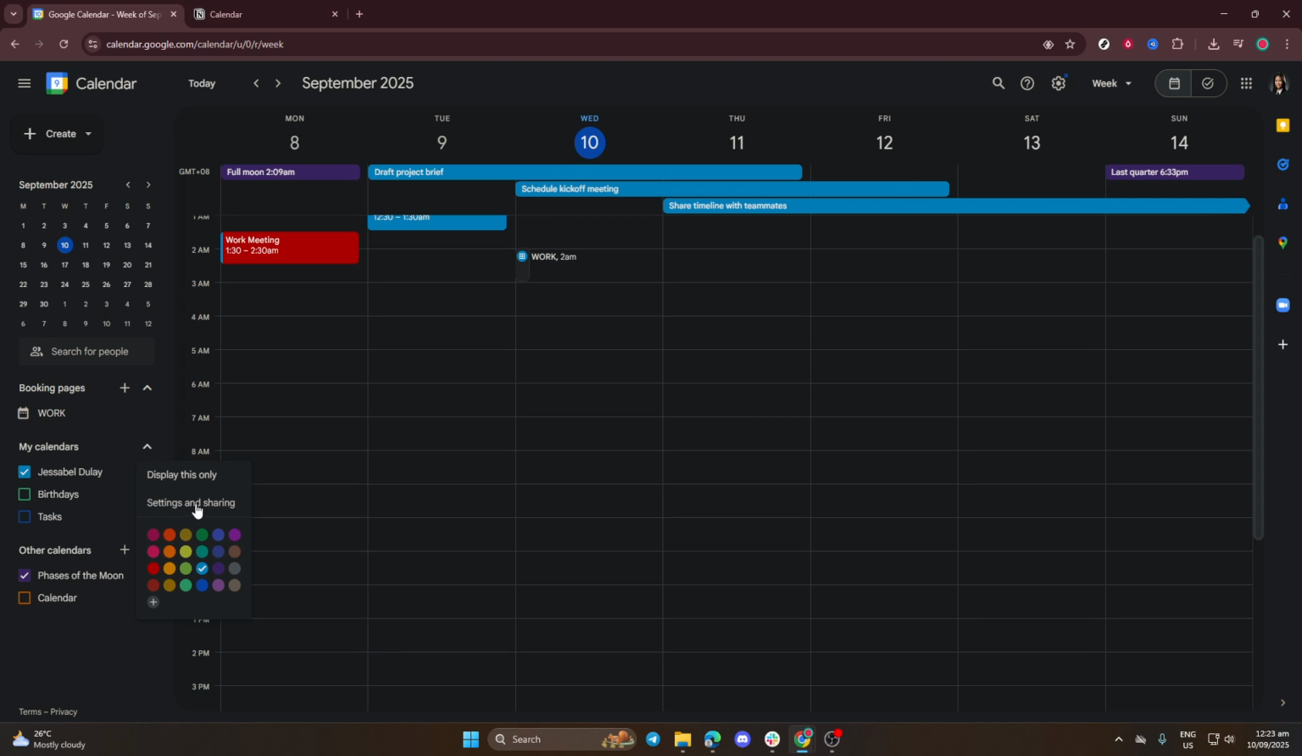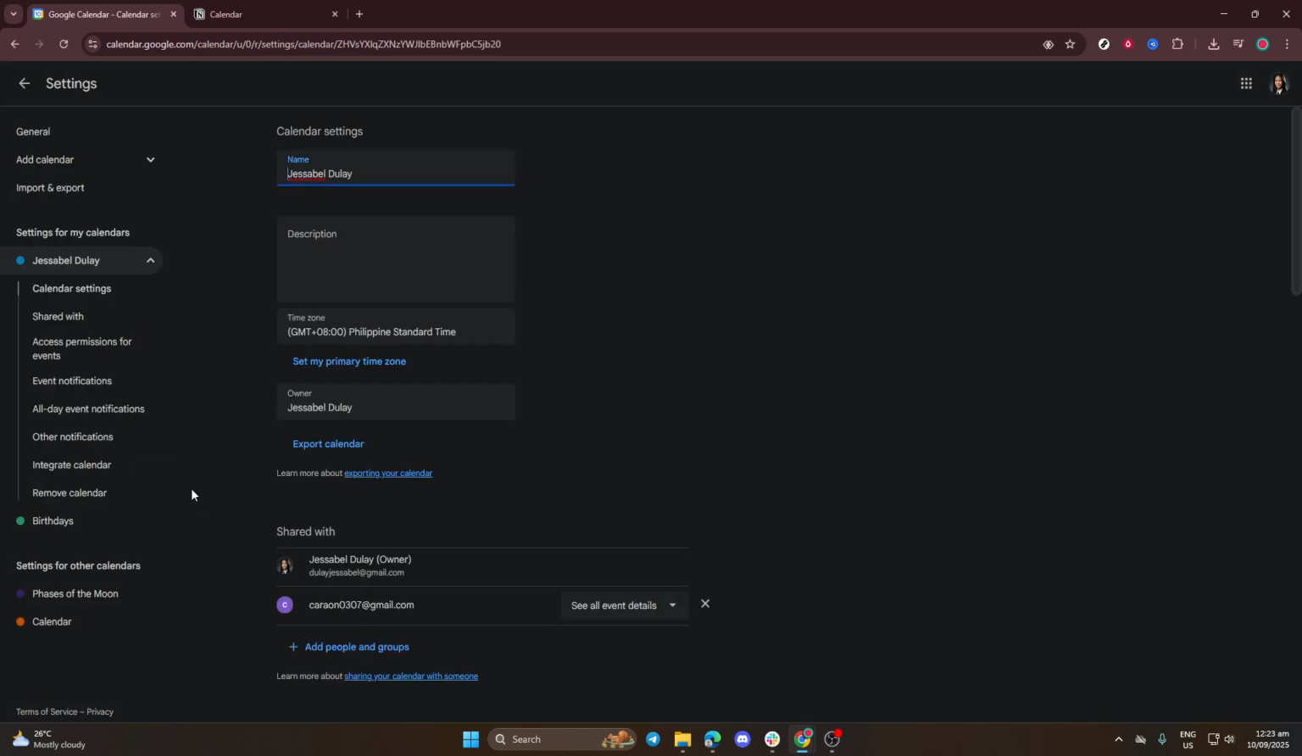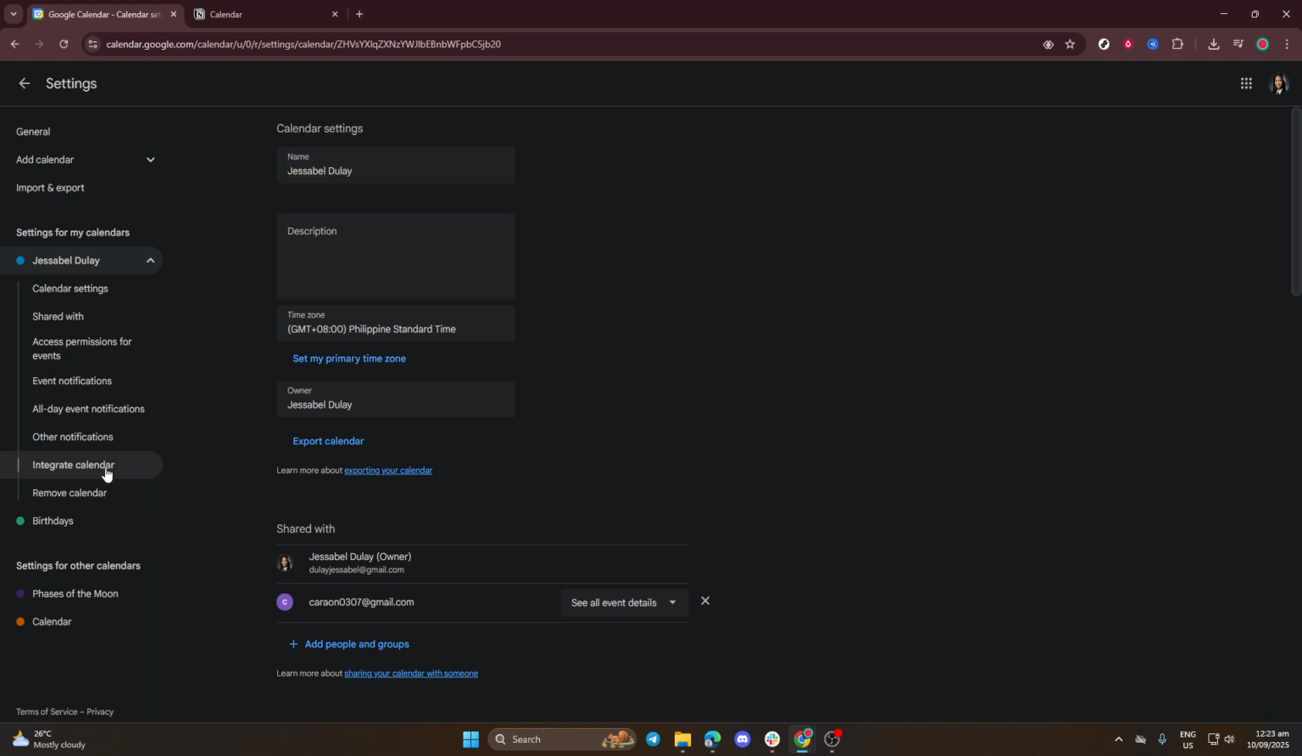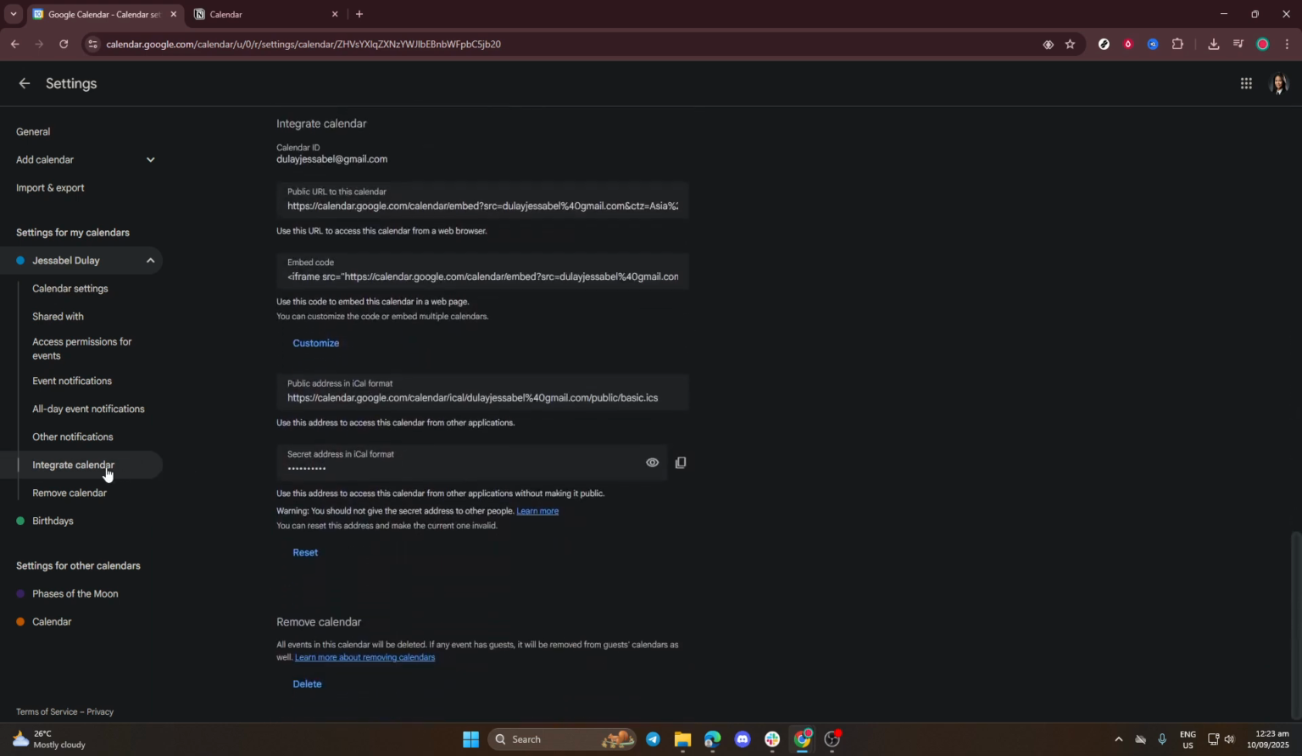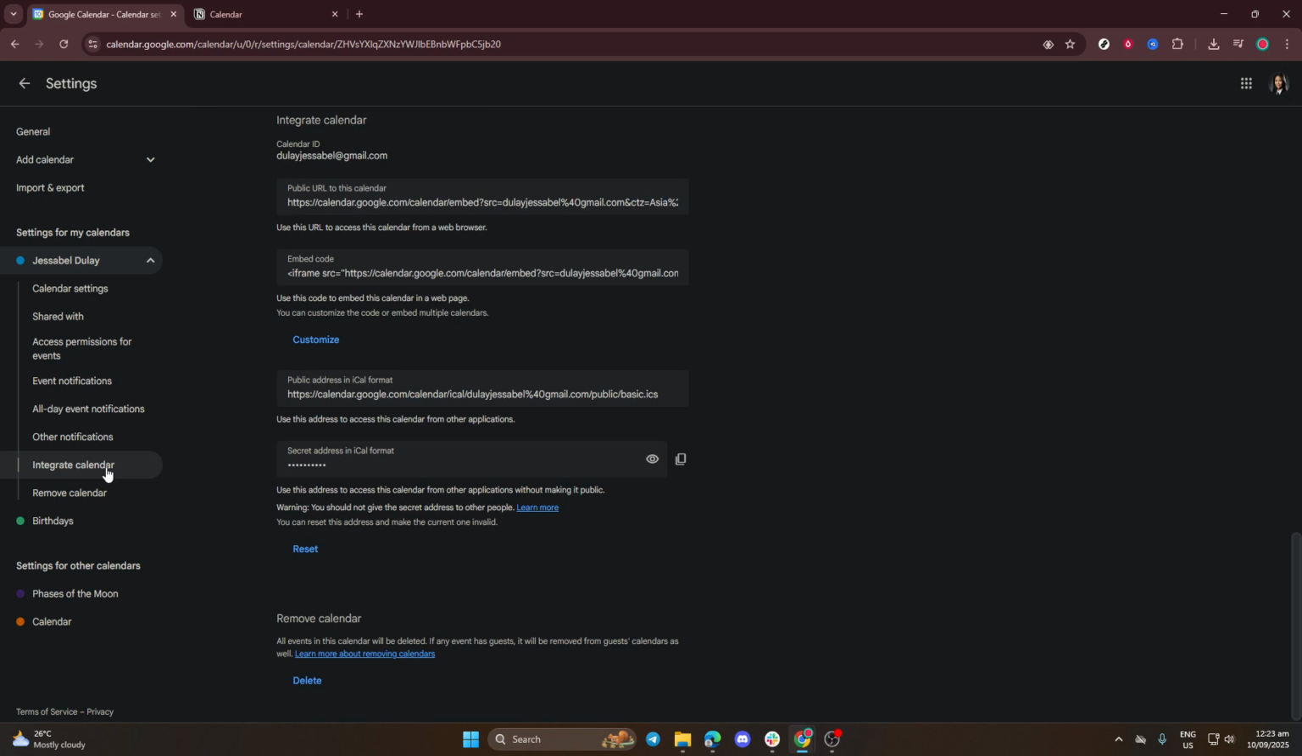A menu will appear. From the options provided, choose Settings and Sharing. This will take you to a new page that provides various settings options for your calendar. On the Settings page, scroll down until you reach the section titled Integrate Calendar. This part is crucial as it allows you to confirm the specific calendar that has the imported events. Make sure you're looking at the correct one. Once you've confirmed you're working with the right calendar, you can exit out of the settings page and return to